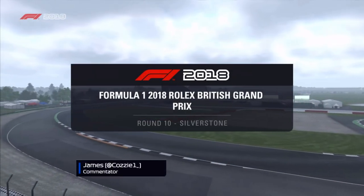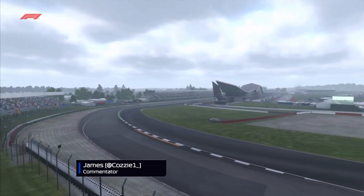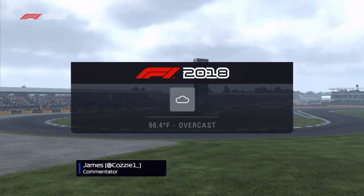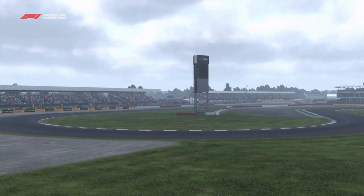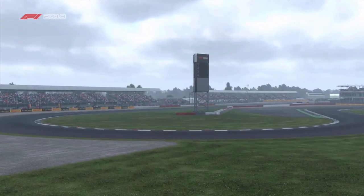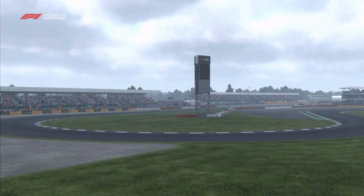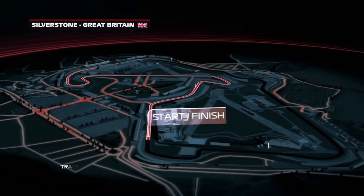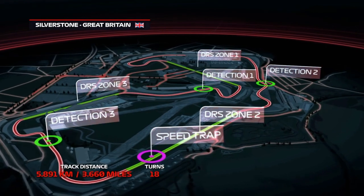Good evening everyone, welcome to Silverstone, welcome to the British Grand Prix, the 10th round of 21 here in WWRL. In F1 2018 we are vastly approaching the halfway stage of this thrilling season thus far. And with the second half of the season coming up close, all the drivers at the top of the championship will have to make their mark in this race to carry on their good form onto the second half of